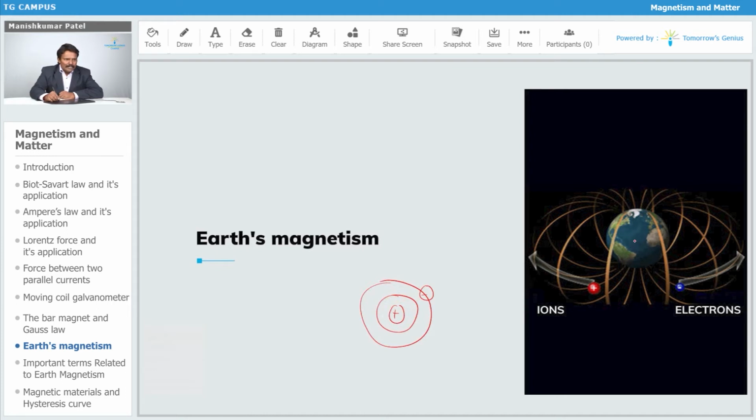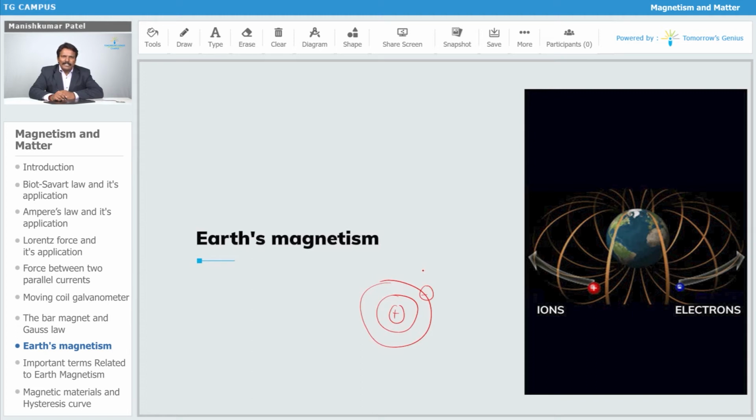Similarly, this earth crust consists of different particles. So when the earth is revolving, it involves the revolution of these electrons, and in short this produces a magnetic field. We know that a current carrying conductor is the source of a magnetic field. This is the latest theory. This helps prove that the earth acts as a magnet because of its revolution.